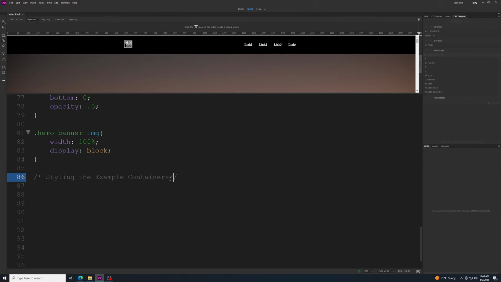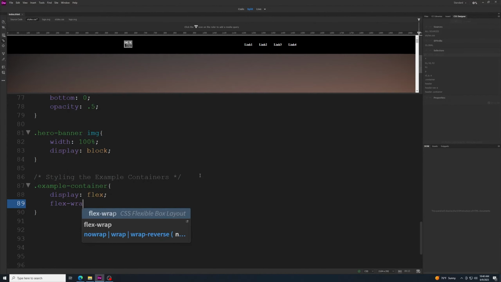There we go. Alright, and to do that we'll go .example-container, because that's what we named it in our HTML on the previous page. We'll go display flex and flex-wrap,